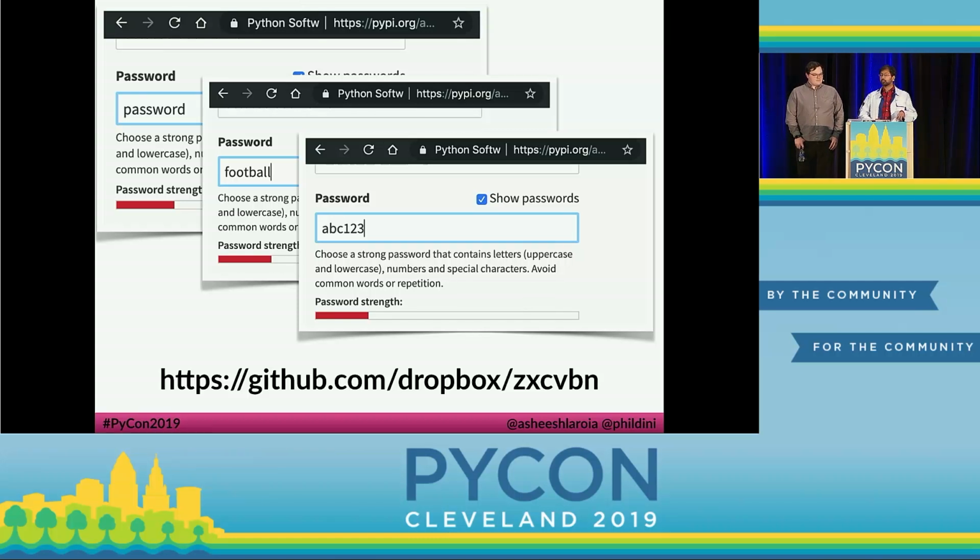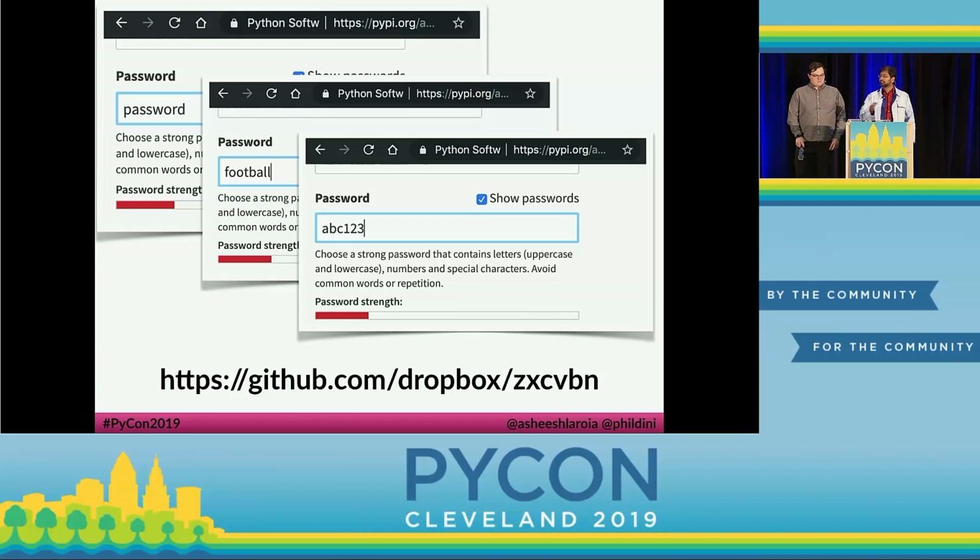ZXCVBN. And by the way, if you're curious where this name comes from, take a look under ASDF on a QWERTY keyboard. So ZXCVBN checks if a user's password is in the top 30,000 most common passwords based on websites that got broken into. It's JavaScript, so you can stop the user before they even submit their bad password to you. There are some other goodies in that NIST publication.